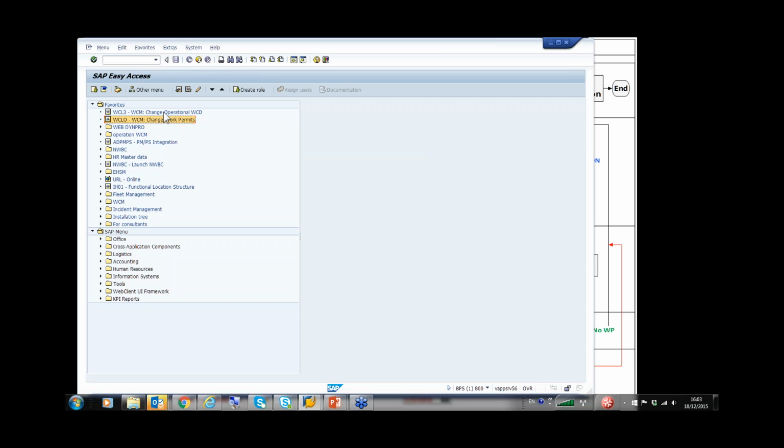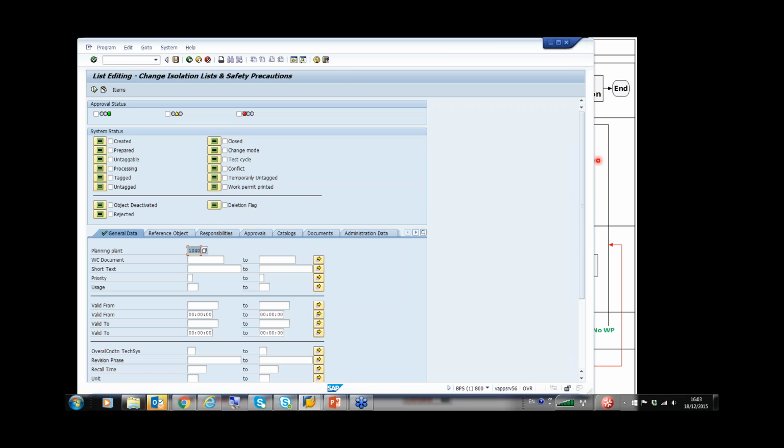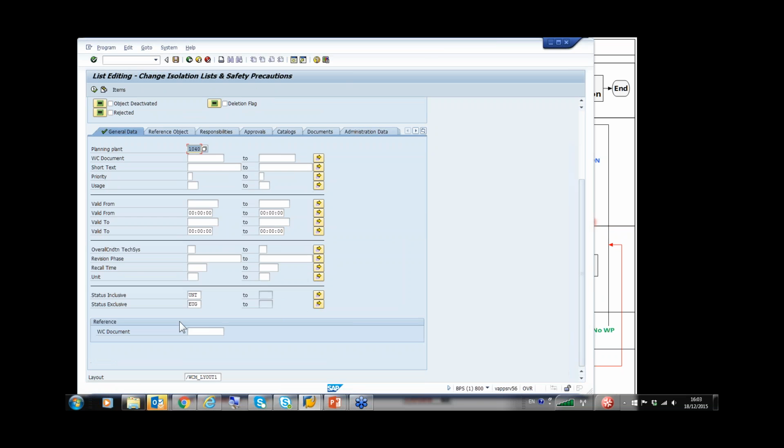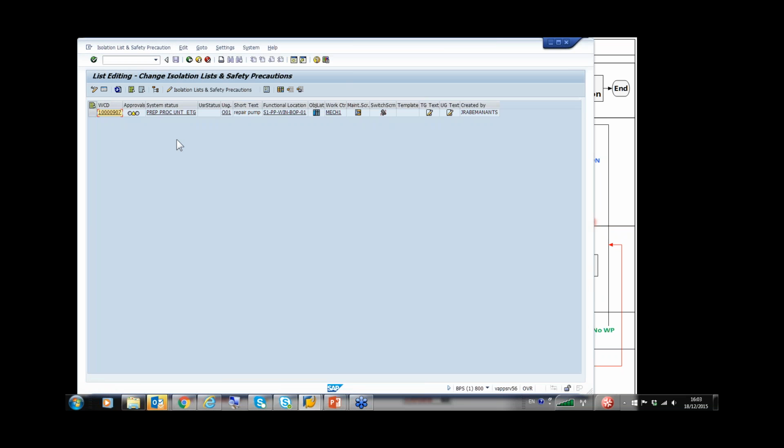So this is the list transaction of certificates. From here I have a lot of criteria, but here I say I want to see only certificates, valve and blind lists, that have these two statuses. Okay, so I'm going to see only valve and blind lists that I need to de-isolate. So this is my list of actions to do. Okay, I am an area technician, so from here I can print my